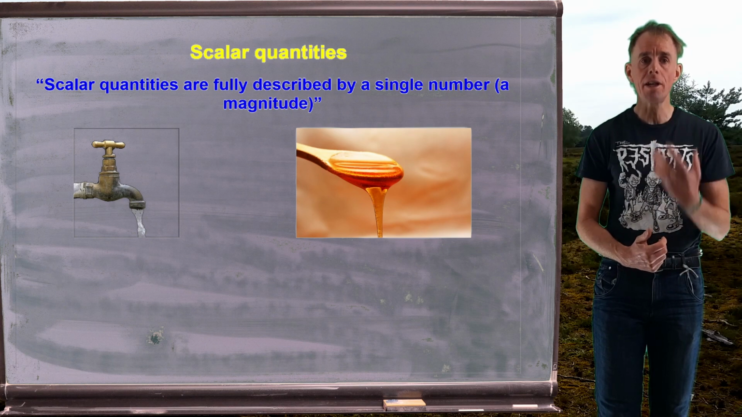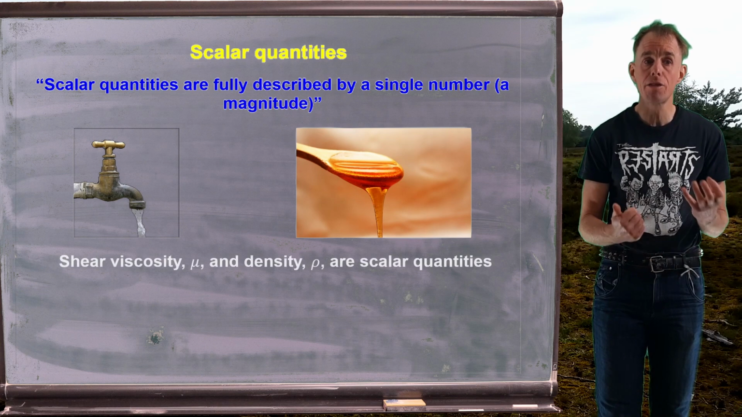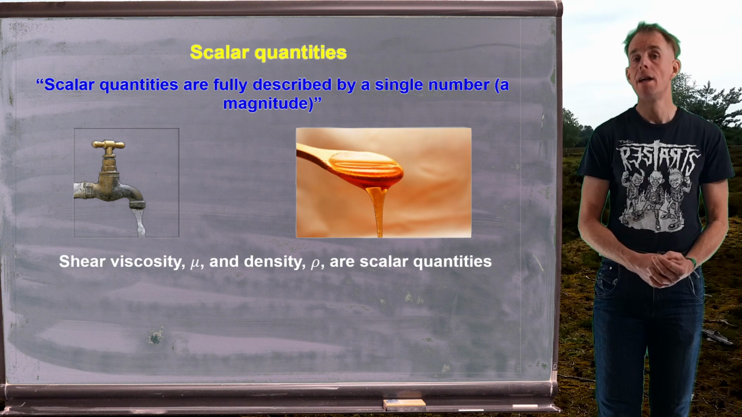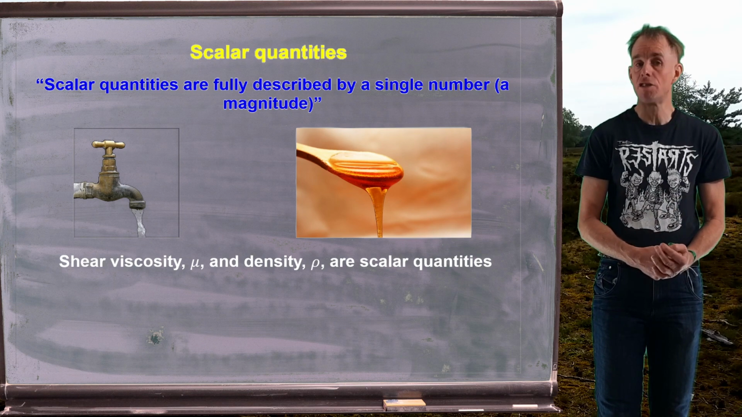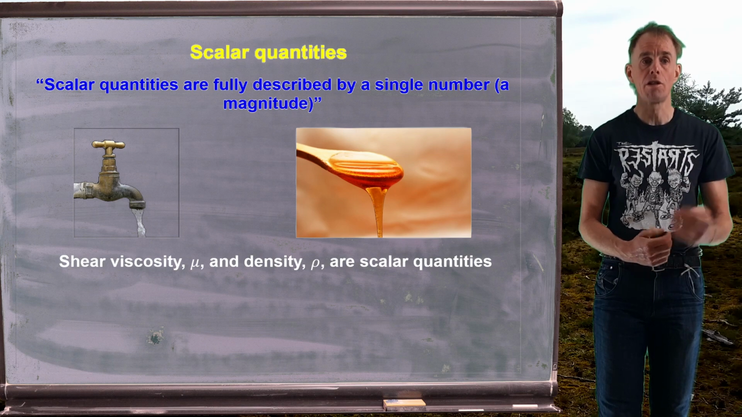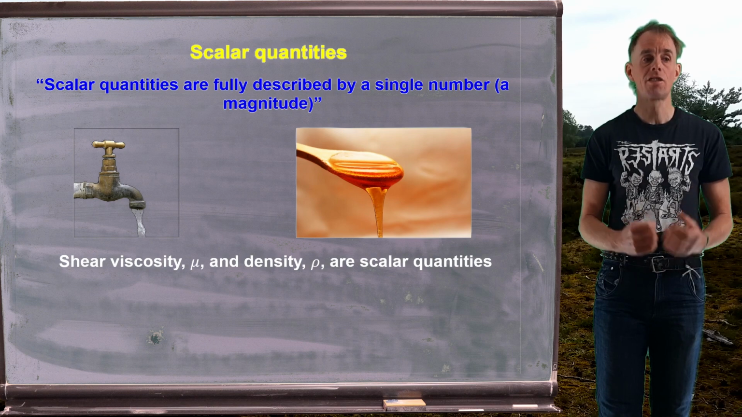However, if we think about viscosity, that number is all we need to know. The viscosity of the material is fully described by that single number. And if we think of another material property, density, we can say exactly the same thing. So shear viscosity, denoted with the Greek symbol mu, and density, denoted with the Greek symbol rho, are both scalar